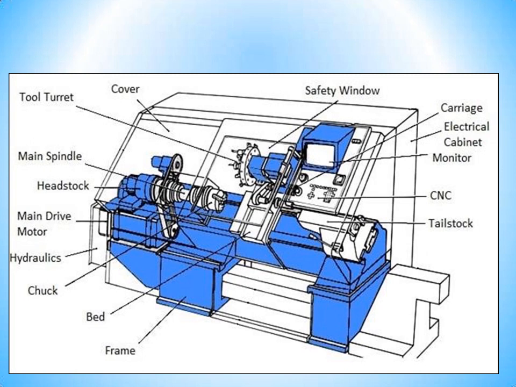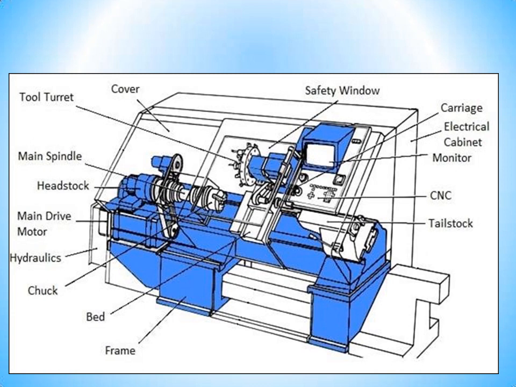And we have the main spindle here. So this is called the headstock and this is called the tailstock, which you already know from the lathe machines. The headstock consists of the main spindle, and we have a main drive here, a servo motor, and a hydraulic system for the chuck operation, and a 3-jaw chuck here for holding the component. We have the bed, carriage, frame, and the controller here. The CNC controller is going to process the data input and give the output to the motor controls, and we have a monitor to monitor the program status.